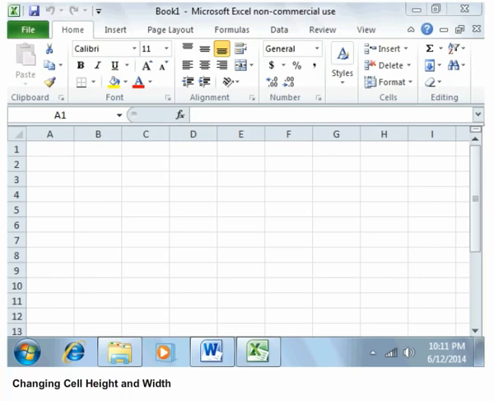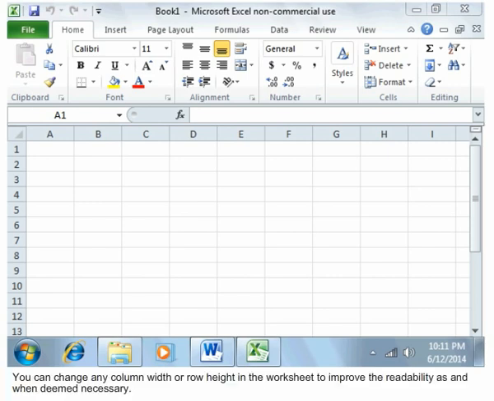Changing cell height and width. The data that you enter in the cells is sometimes too long for the column width to accommodate. You can increase the column width and row height to display the entire cell entry. Changing column width. You can change any column width or row height in the worksheet to improve the readability as